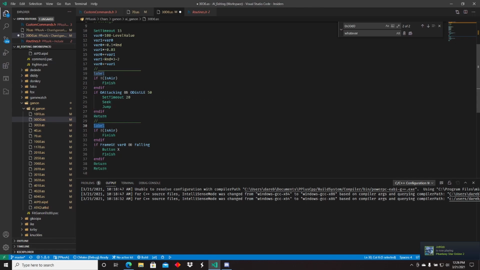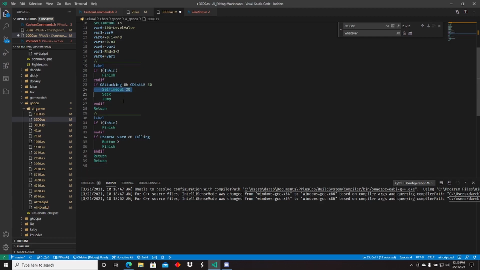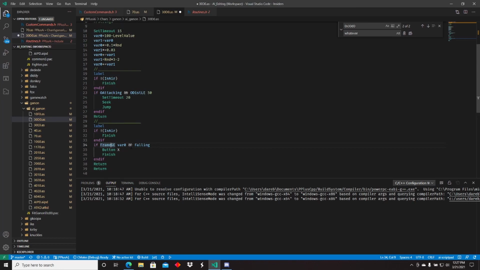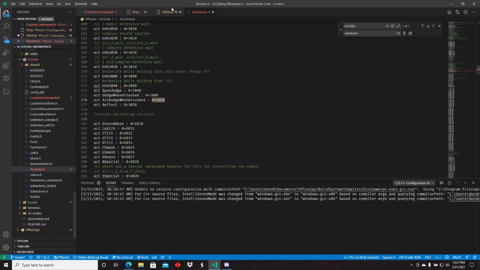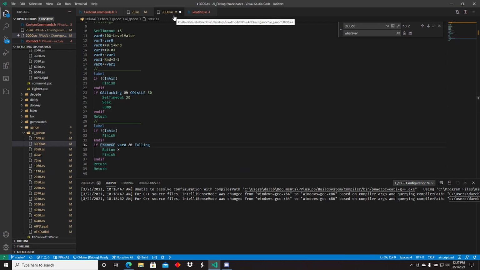Otherwise, it's just going to keep checking for up to 15 frames if the opponent is attacking and has a distance less than or equal to 50. So now this label fires, and now we have a timer of 20. If the frame is greater than or equal to var 0, whatever var 0 happens to be here, and the opponent in the character is falling, they're going to jump. So it looks like it's not air dodge when attacked, but the PMDT, or Clean Clipper more likely,